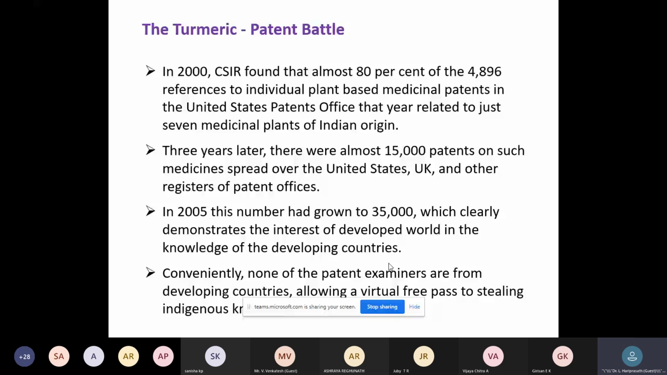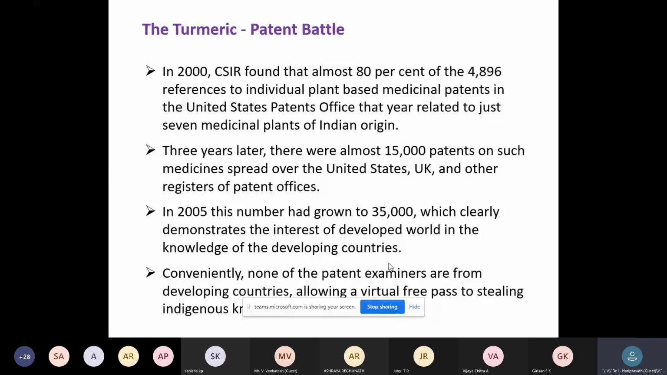We all know that turmeric, that is manjal, is an indigenous product that we usually use, mostly in Tamil Nadu. It is used as an anti-inflammatory agent. We all know that, and we have been using this from our ancestral days. But what happened is